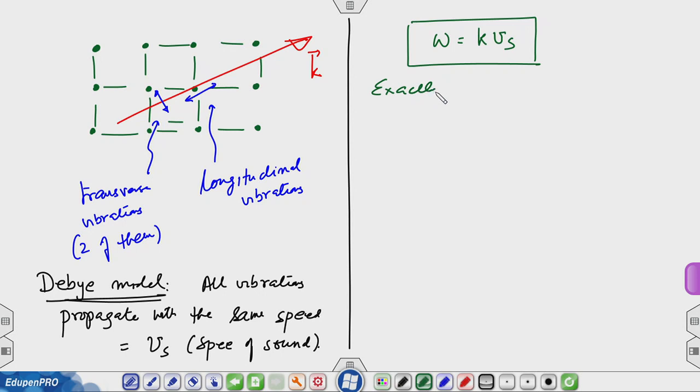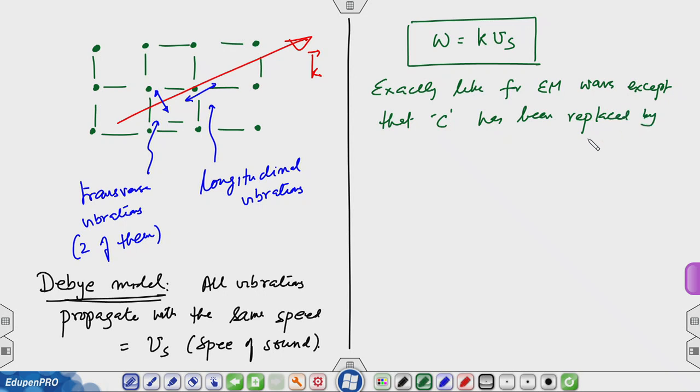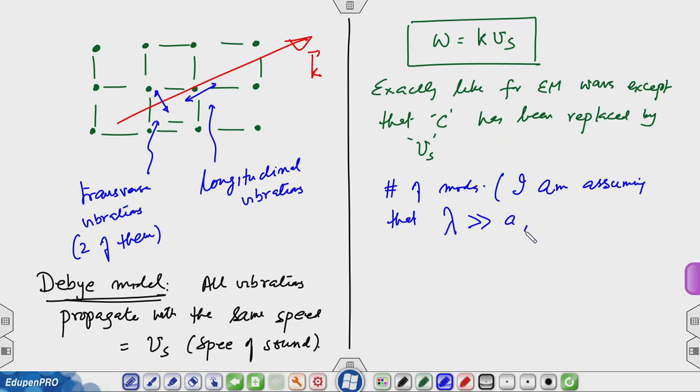This is exactly like for EM waves, except that c has been replaced by Vs. So, all I have got to do now is count the number of modes, multiply by the energy of vibration for each atom, and then we get the answer for the total energy. So, now, the number of modes. In doing so, I am assuming that lambda, the wavelength of these vibrations as they travel along, is much greater than a, that is the spacing